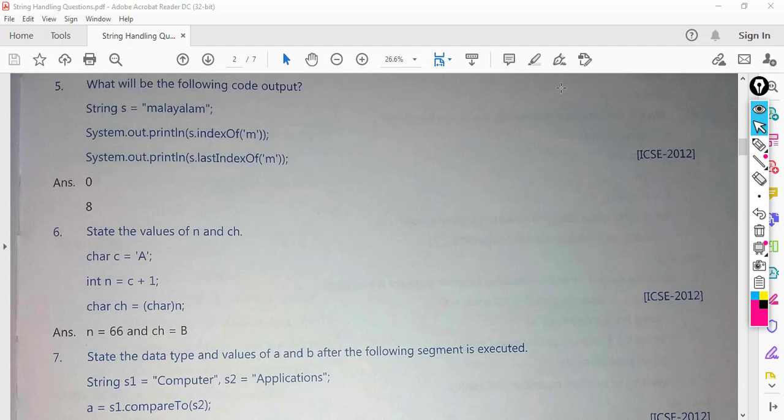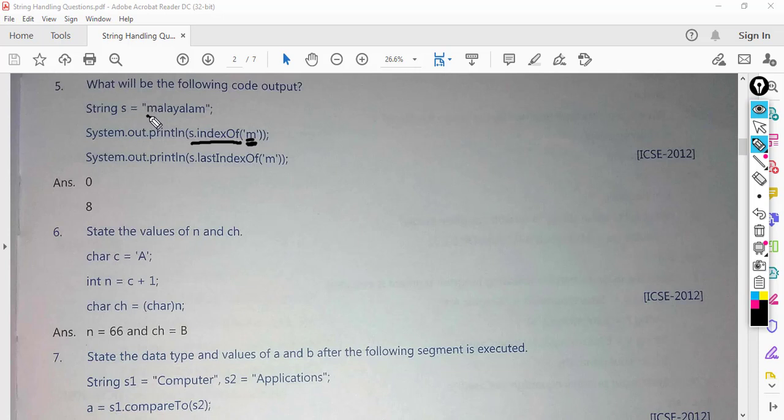So let's see this one. In S we have got Malayalam. Then on the next line we are calling the indexOf function. S.indexOf('m'), that is Malayalam.indexOf m, that means the first occurrence of m.